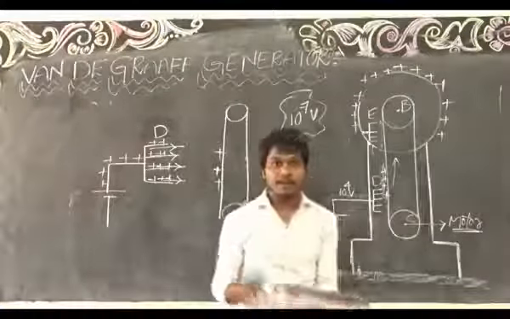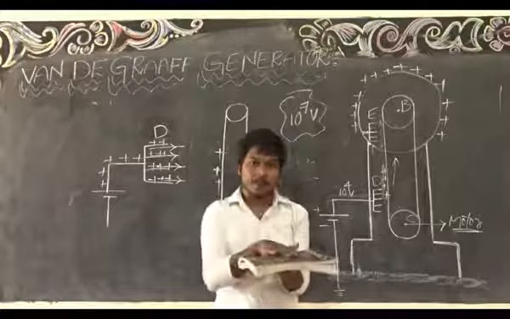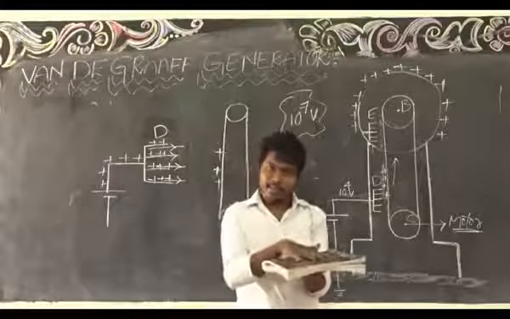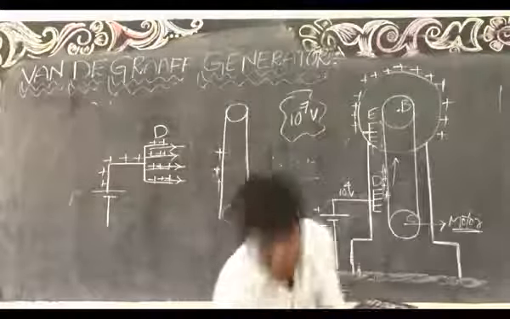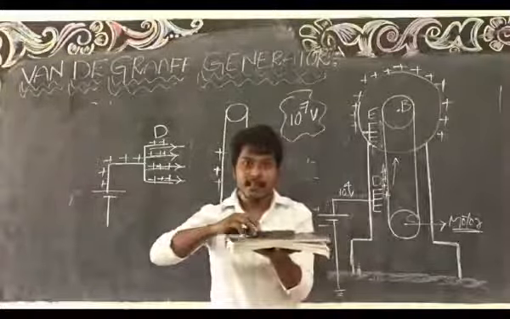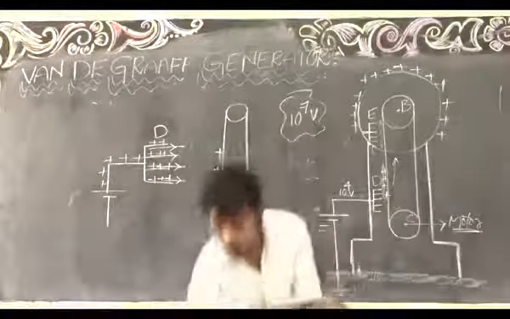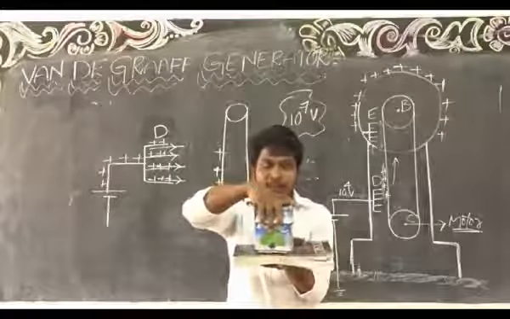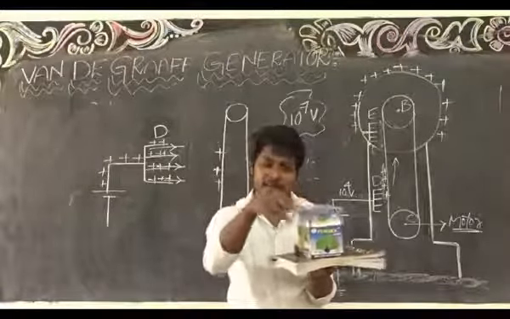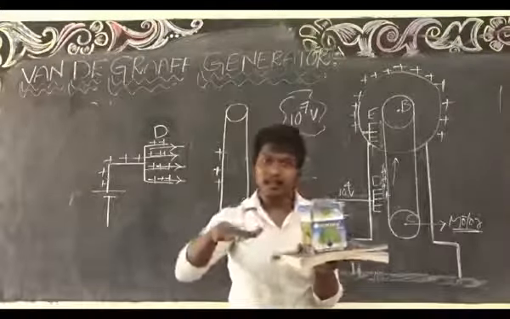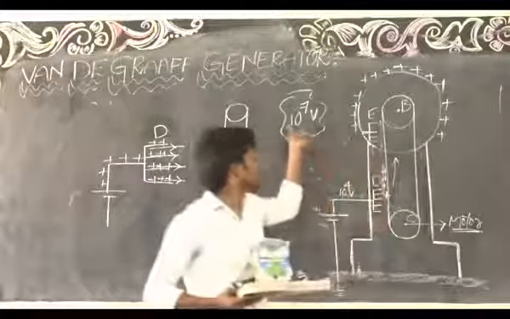Suppose this is a table. This table's capacity is 5 kgs. Now I will keep 4 kgs on this table. No problem, right? I will keep 5 kgs. No problem. Now, if I keep 10 kgs, what will happen? This table's capacity is 5 kgs only, but I will keep 10 kgs. What will happen? This table will break. Correct? Like that only. The capacity of the sphere is 10 power 7 volts.